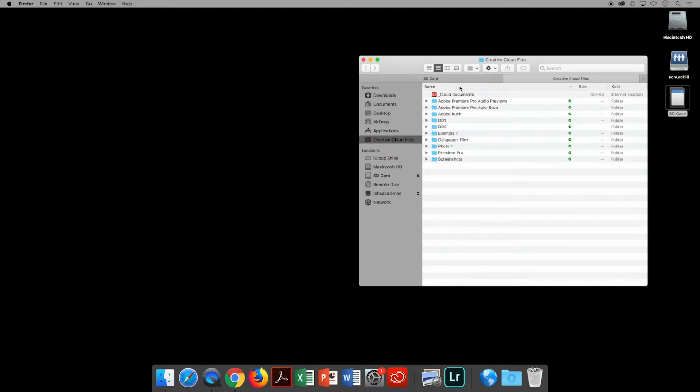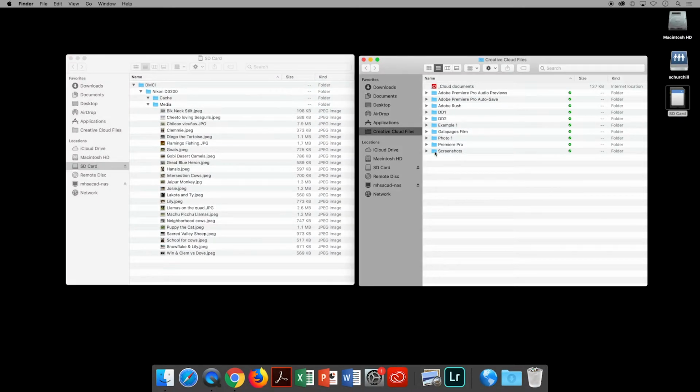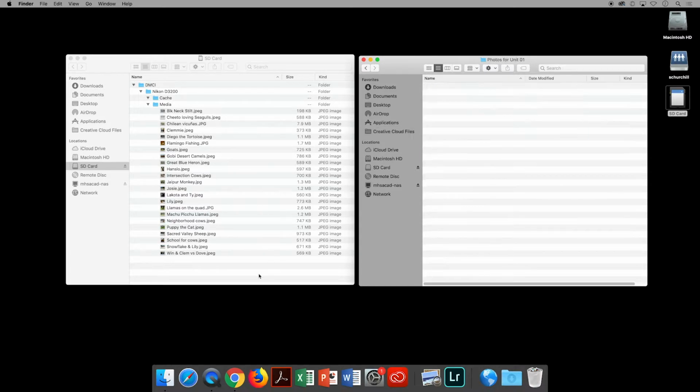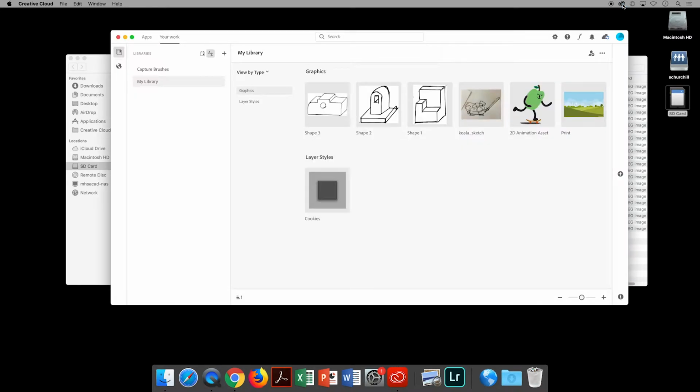I have the Creative Cloud app on my computer, so I'll open its folder in another Finder window. Create a folder on the cloud and try to name it something more specific than just photos. Then drag and drop your photos over, and you can see them syncing here. If you have photos on your cell phone or iPad, download the Creative Cloud app and you can upload them